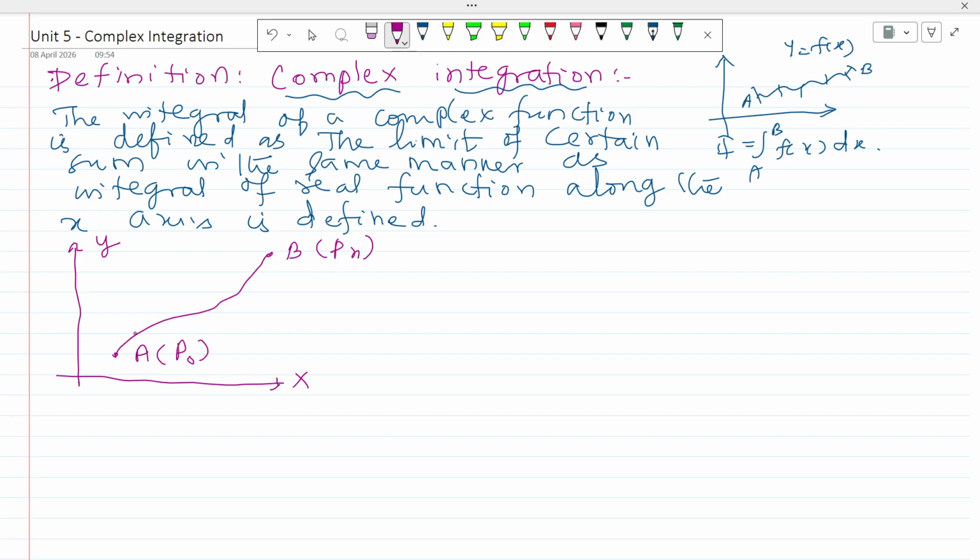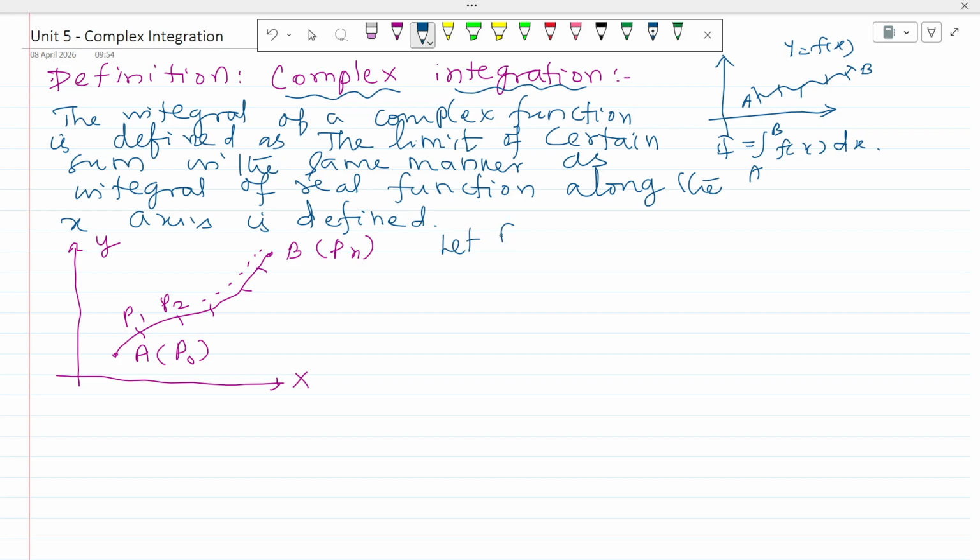Now we have to divide this curve to P1 to Pn. Then here we can write,